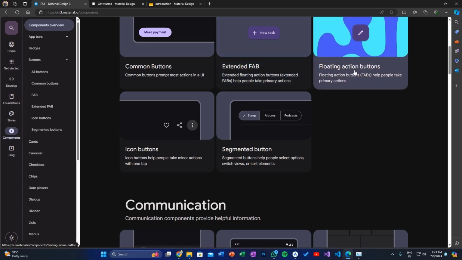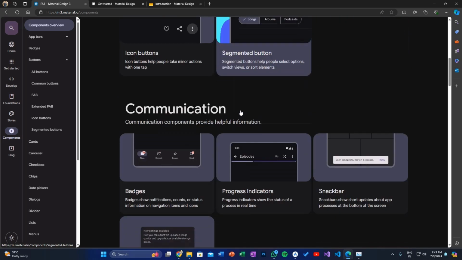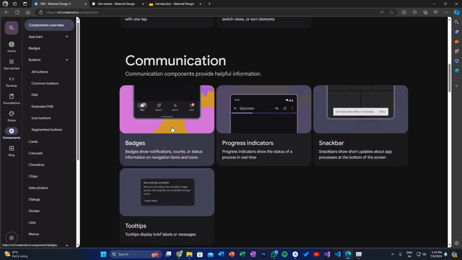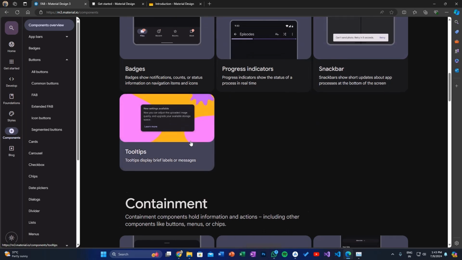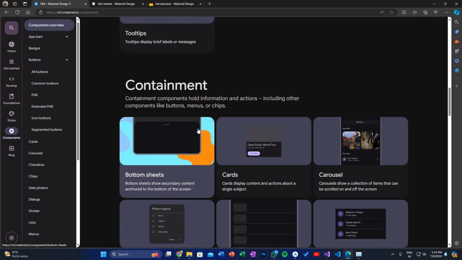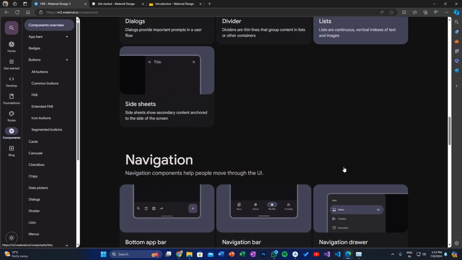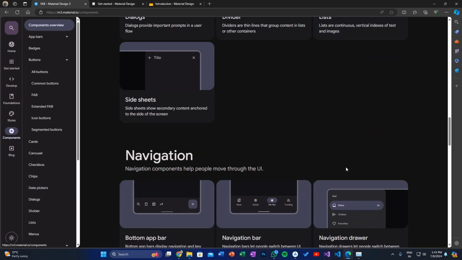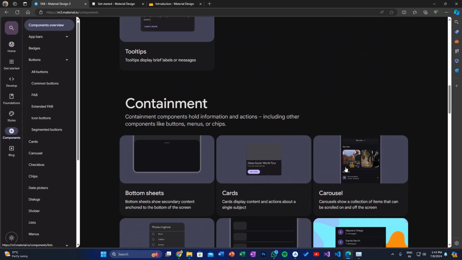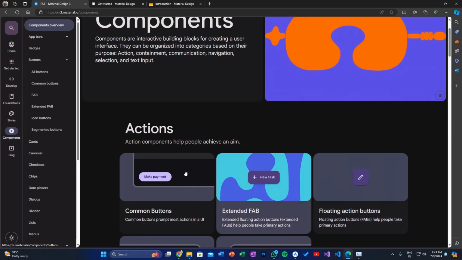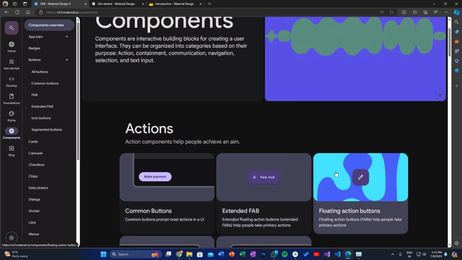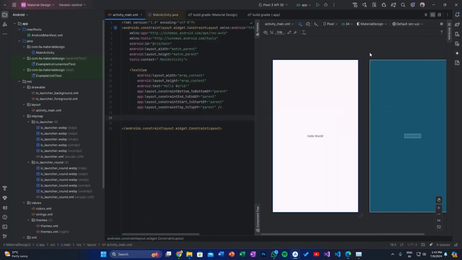We have action button itself. We have lots of different UI elements right within our material design website, so you can use all of these UI elements for free. So for now I'm not going to talk about all these, so let me just talk about a button and a floating action button. So let me get back into our code environment, and here I'm going to create a